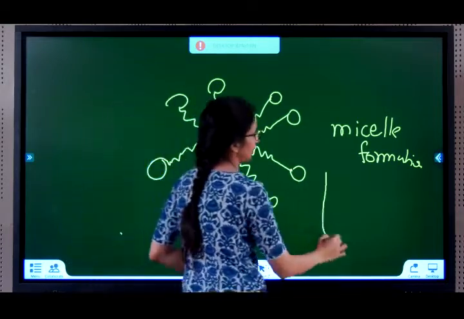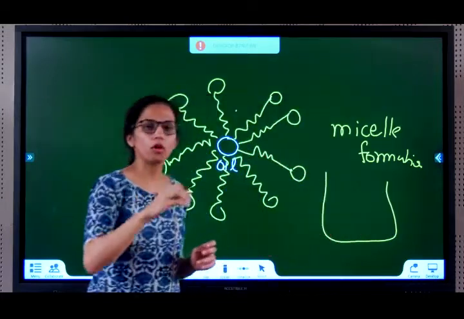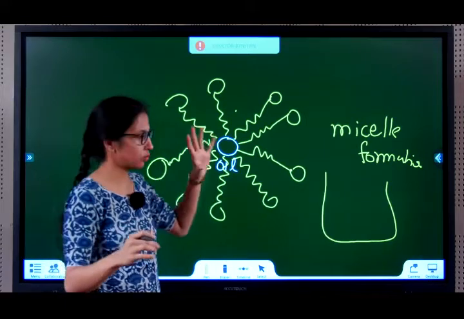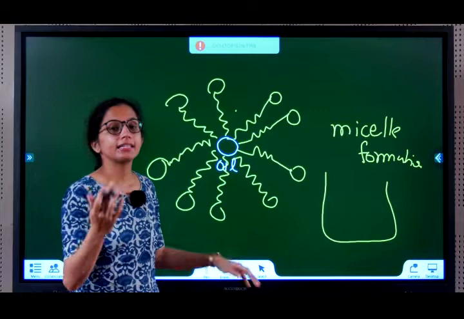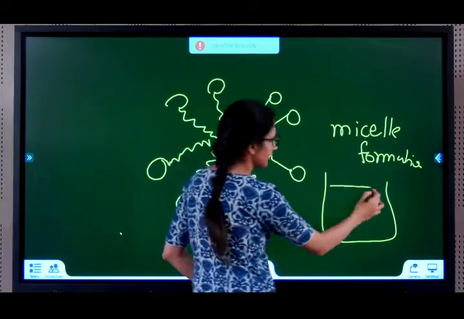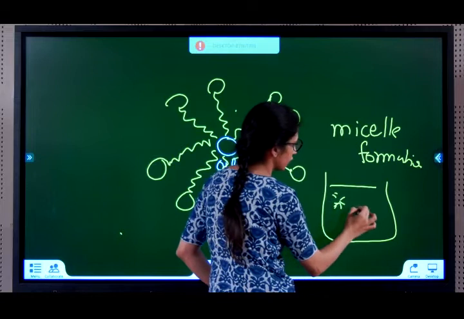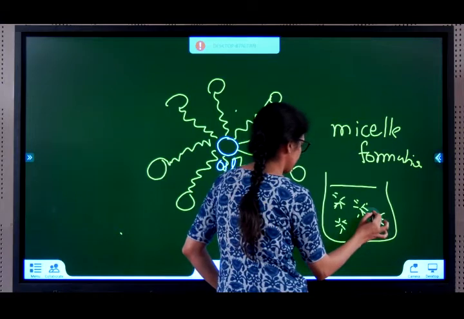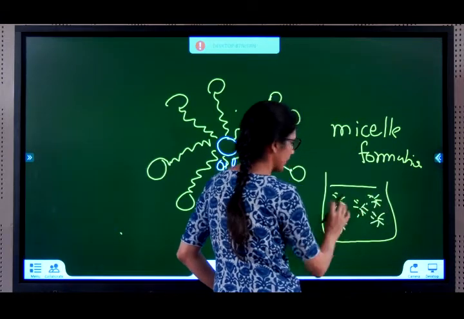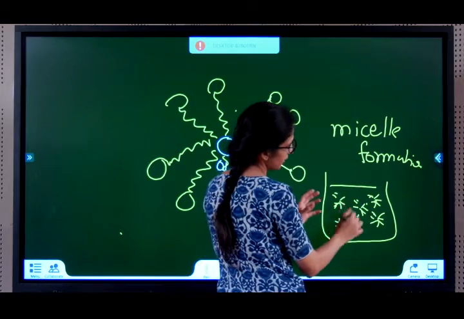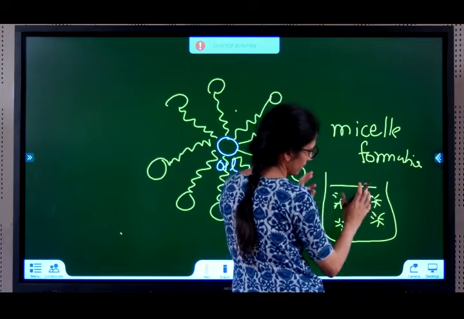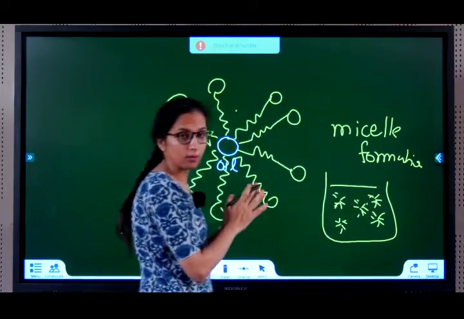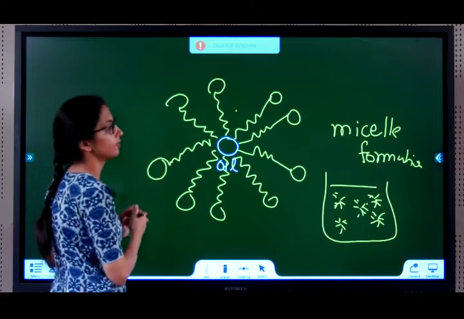Remember that activity, where we put oil and water, and oil, water and soap, mixed them and kept them separate. Oil and water in the first one separated very easily. In the second one it was cloudy. Why? Because of micelle formation. Once these micelles form around the oil particles, they all scatter in the solution. This is called an emulsion. Due to this, the white light that comes inside gets scattered because the particles are big in size. Therefore, this solution appears cloudy. Understood why cloudy? So we got the answer for cloudy now.